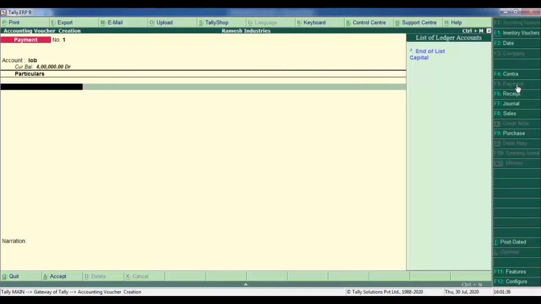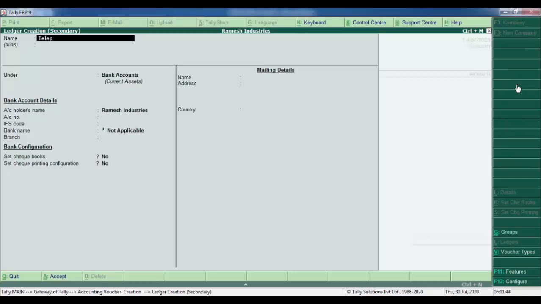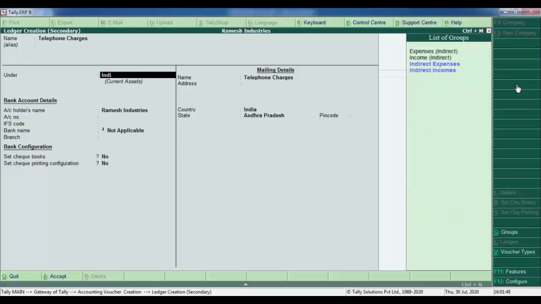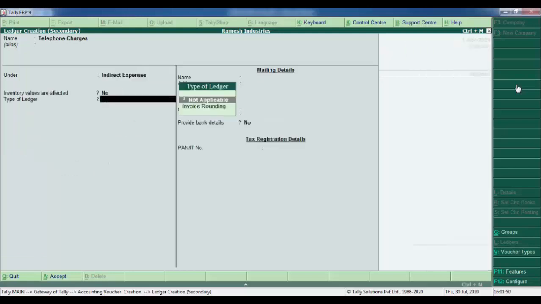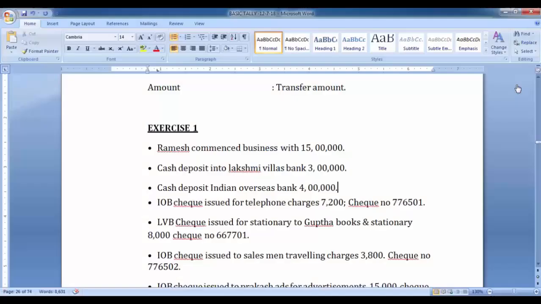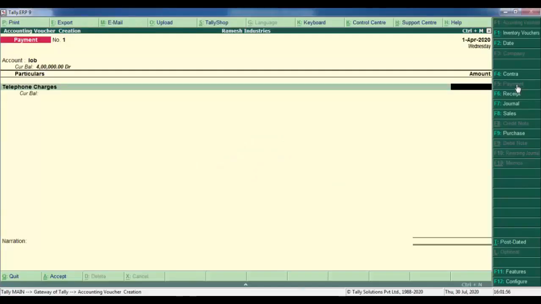Particulars, we are paying for the telephone charges. So here no ledger for the telephone charges. Create a new ledger. Alt C. Telephone charges. Telephone charges is indirect expense. How much amount? 7,200.